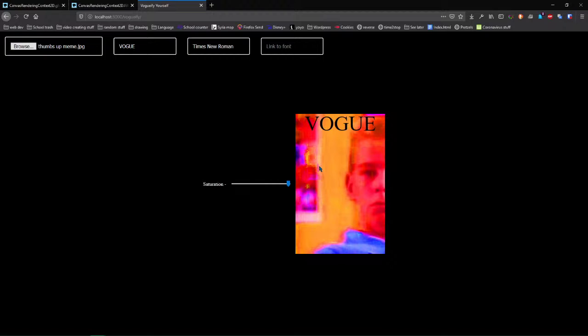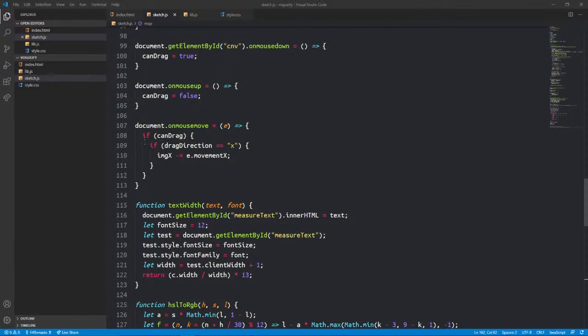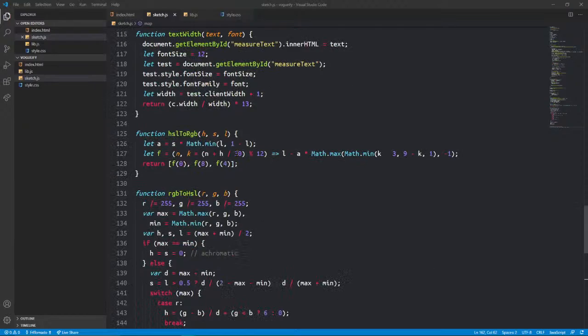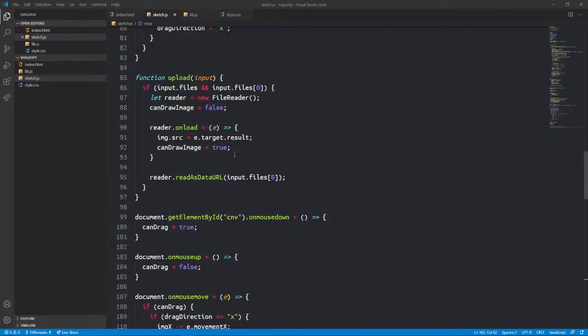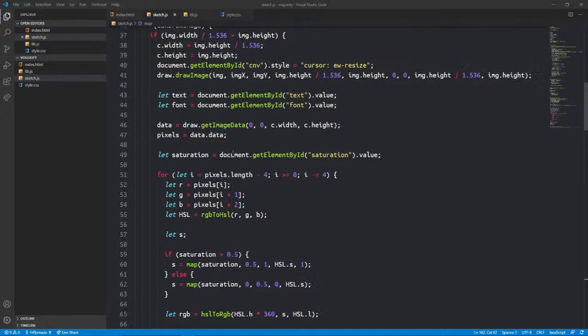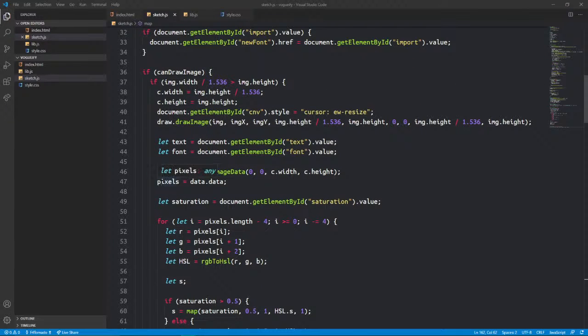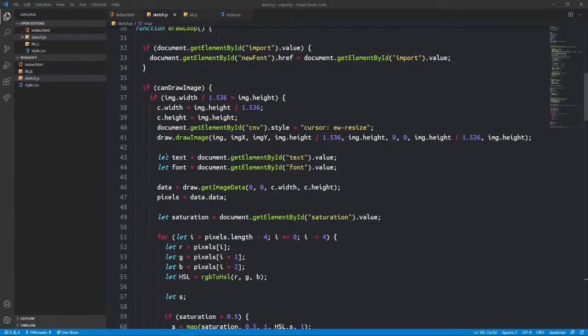And there's our terrible saturation effect. Anyways, I think we can actually do better on the speed of the saturation effect. So what we can do is,